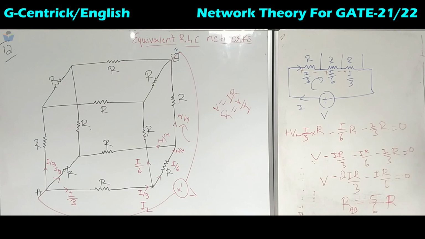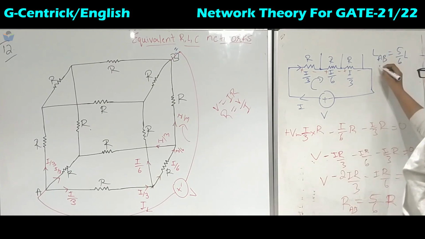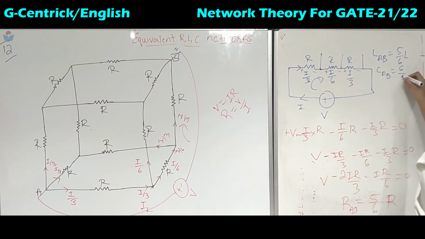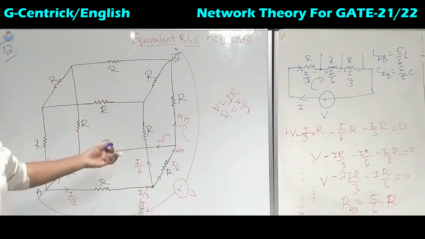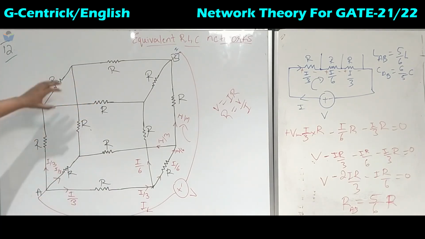This is for resistors. If it is for inductors, same thing, this is between the points A, B. So here also for inductor, it is 5 by 6 times L. Okay. But whereas for the capacitance, it is the opposite case. That is C_AB, we will get it as 6 by 5 times C. Okay, capacitance is opposite to inductor and resistor. Okay, so this is the problem of the cube.